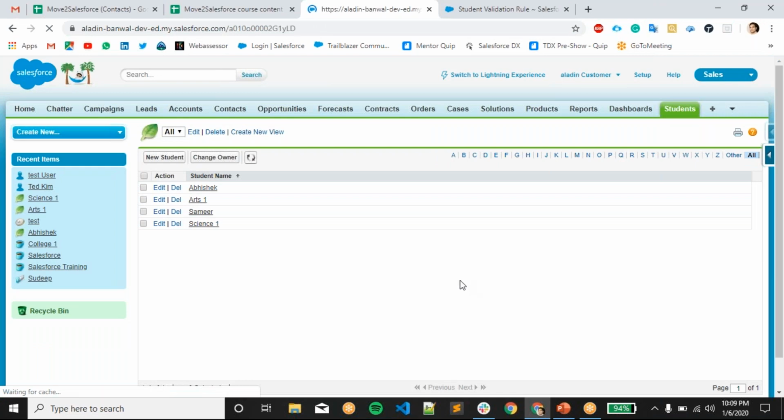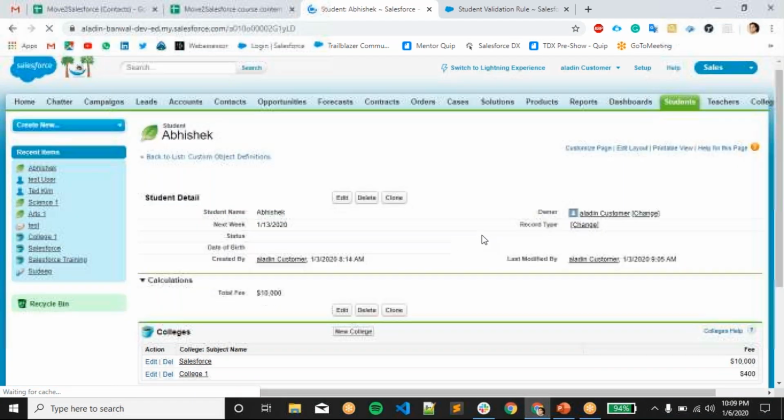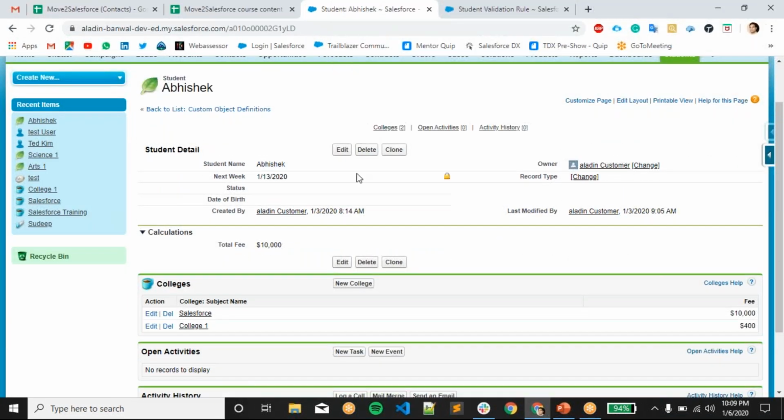Let's say this is my record, and you want to display the error on the top of the record. Or if you want to display it on the particular field containing this validation, you can also display the error under this field.